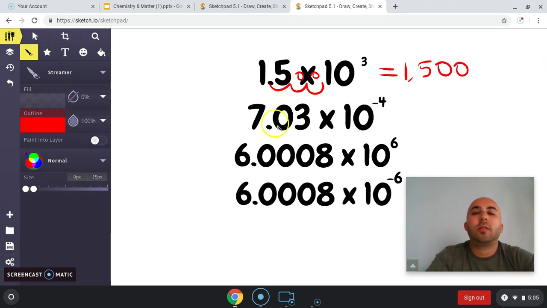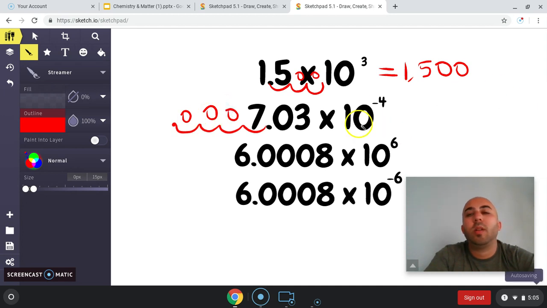Okay. Now let's look at this one. Now we have a negative sign here. So that means I'm actually going to be dividing, and in this case, by 10 to the negative 4 or 10,000. So I'm actually going to be moving the decimal point to the left when I see a negative here, and I'm in scientific notation. That's 2, 3, and 4. I'm going to put my decimal point here. I'm going to fill that in. Let's see how many zeros that's going to wind up being in front. That's 3 zeros in front of the 7 and behind the decimal point. So that's going to be equal to